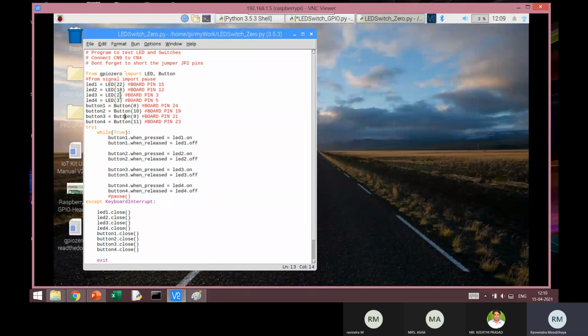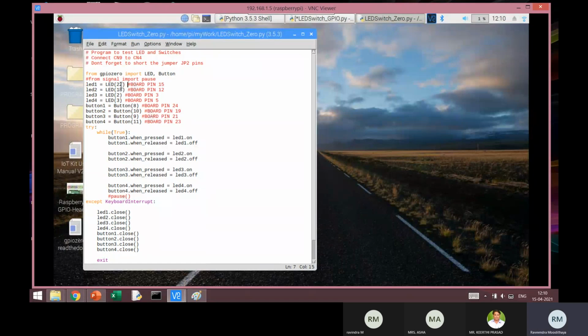Now remember that here I have not told whether it is an output pin or input pin. That is all taken care of by this module. Okay. So if I say that LED is connected to this, automatically this library will take care to see that it is an output pin. Okay, and it is set as an output, and it will also initialize it to 0. That is all done by this.